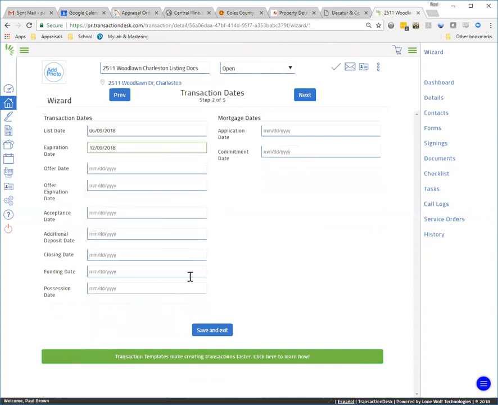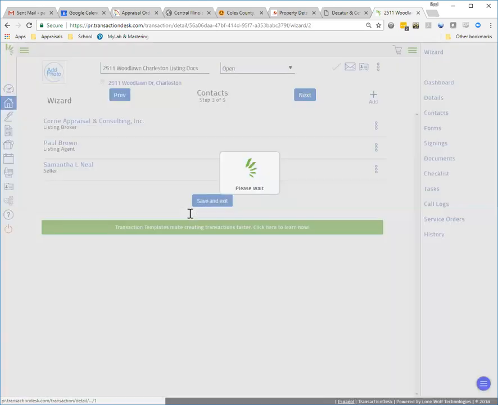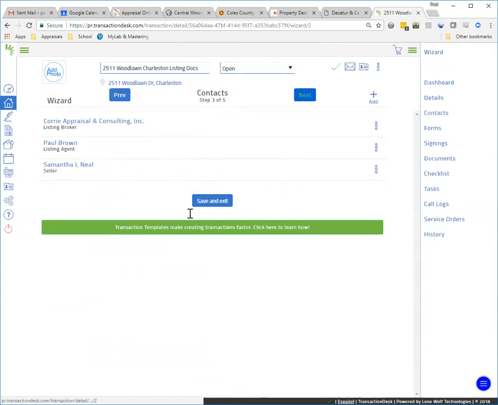Okay. Those are really the only 2 dates we need. We hit next, so we're going to step 3. Step 3 is all about contacts, and this is one of what I think is one of the most powerful features